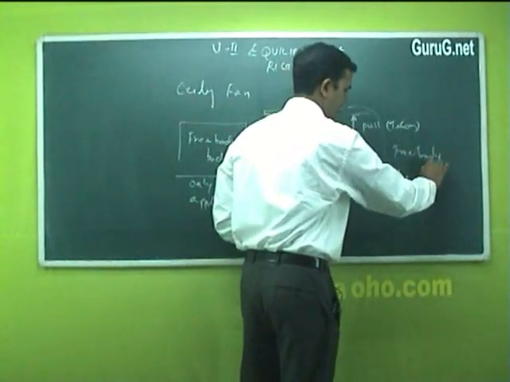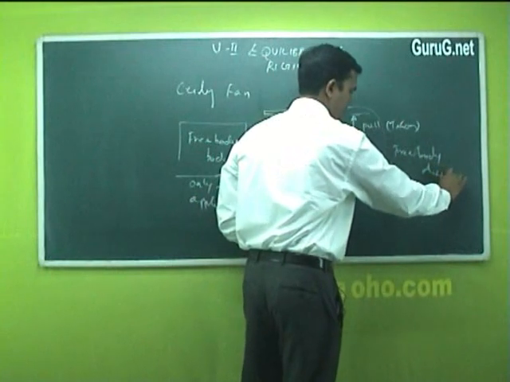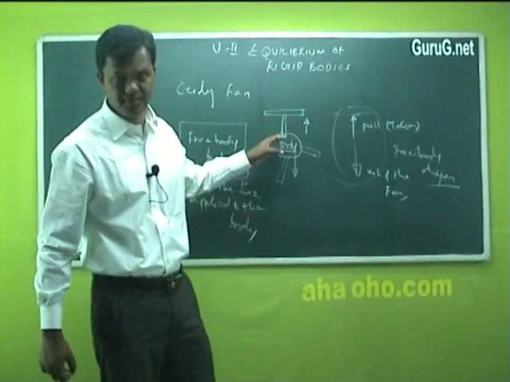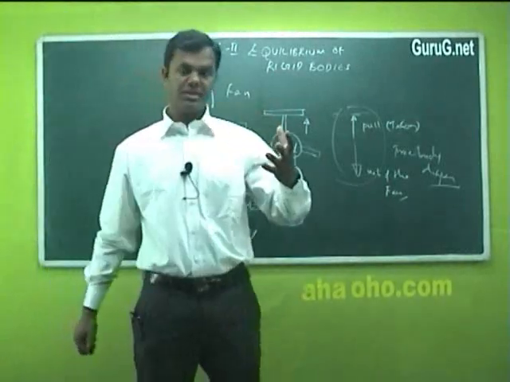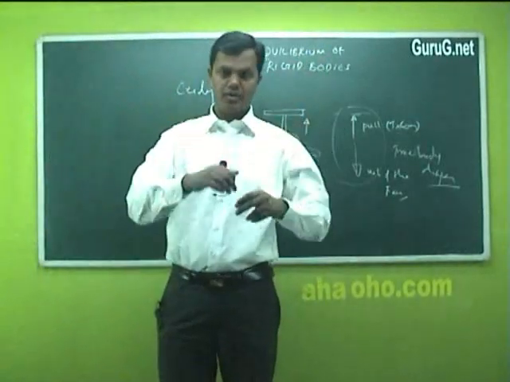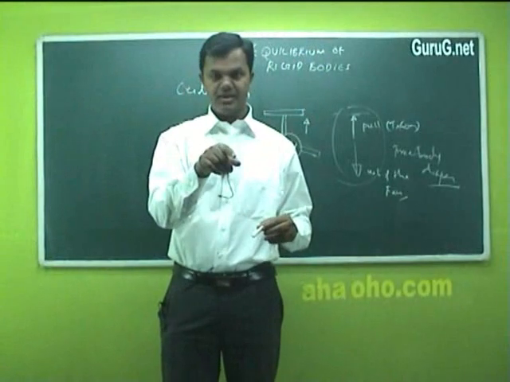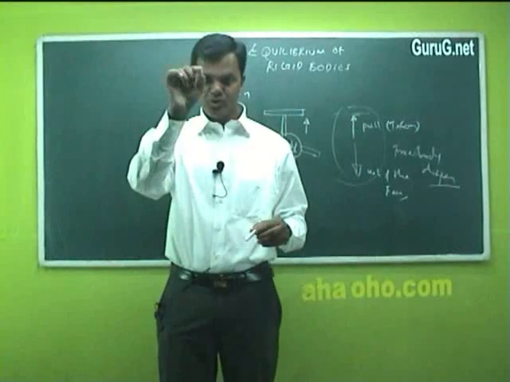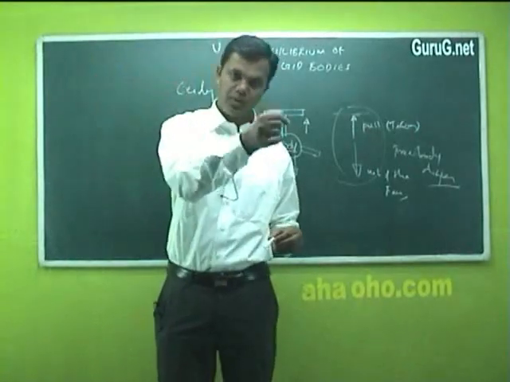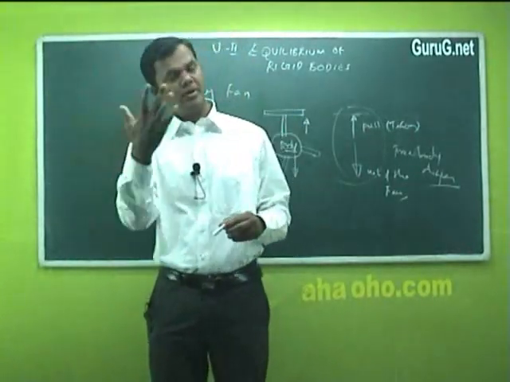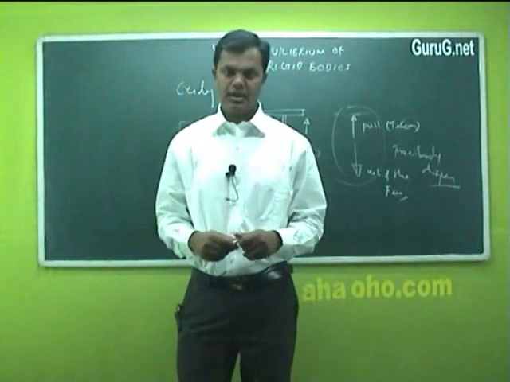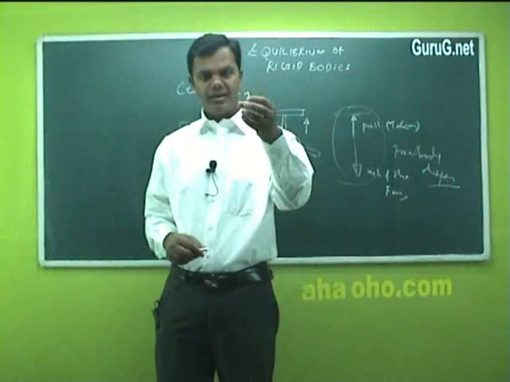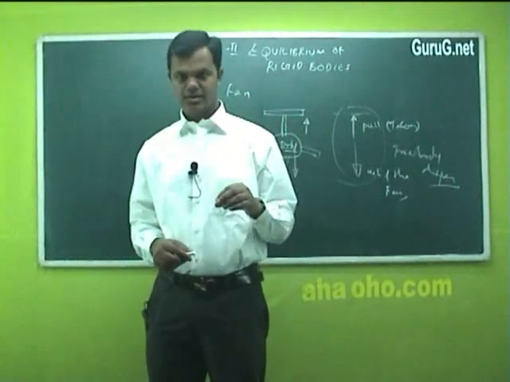Free body diagram. This free body diagram is a very important diagram wherein, if any body is given, the number of forces applied to that body can be written only in terms of an arrow mark which denotes the force, whether the force is towards the body, away from the body, or inclined to the body, whatever the condition is. Like that, n number of free bodies we can write,